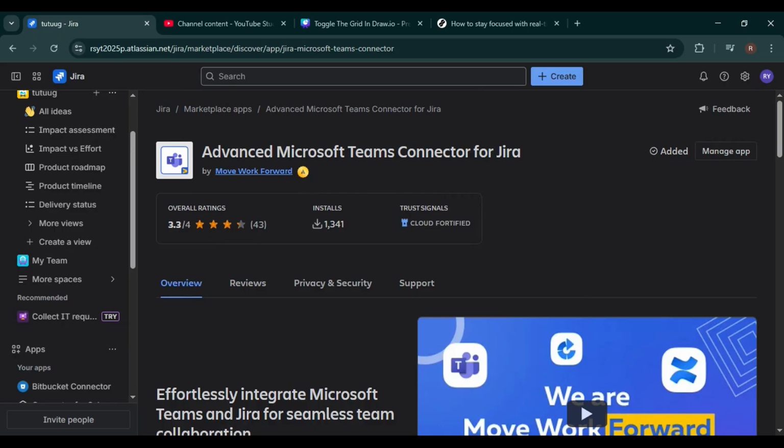After the app is installed, you can start configuring notifications so they actually help you stay focused instead of overwhelming you. Typically, this connector allows you to choose which events trigger notifications, such as issue creation, status changes, comments, or assignments. You can also decide which Microsoft Teams channel or chat receives these updates. This is key for focus because you can send notifications only to a dedicated project channel instead of cluttering your